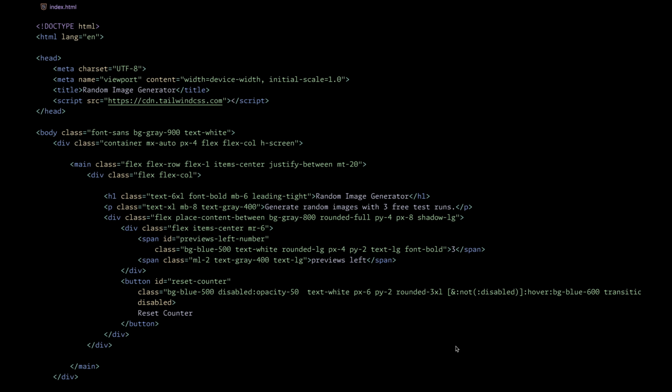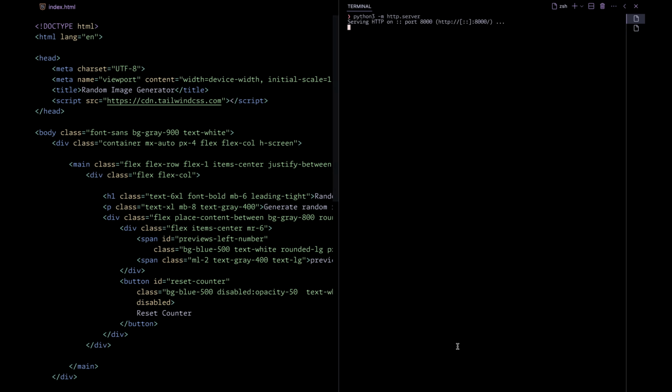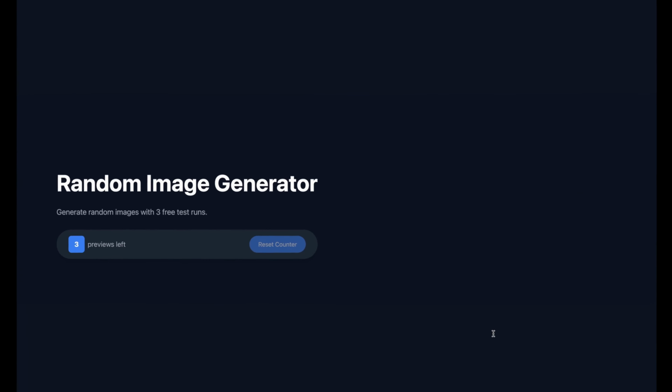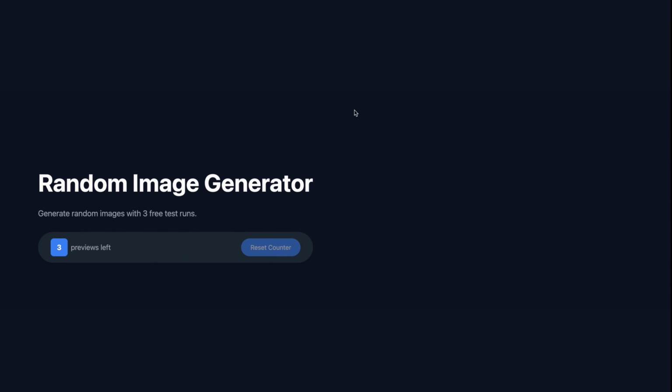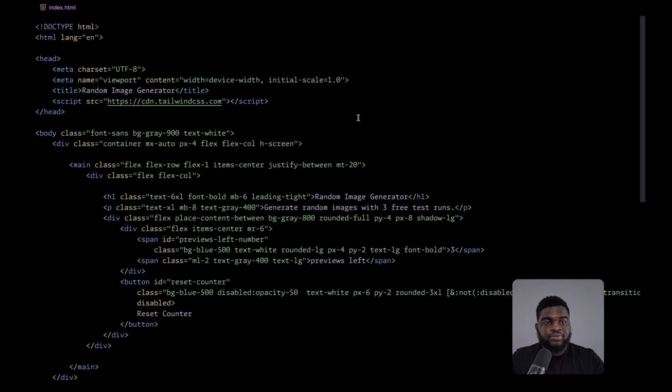Now, let's take a look at implementing the demo. The first step is to embed the Flutter app in the web page. Here is the code for the web page, and it's running on a Python server on the terminal. And here is the preview of the web page. And in the same folder holding the web page, we have the Flutter app's code.